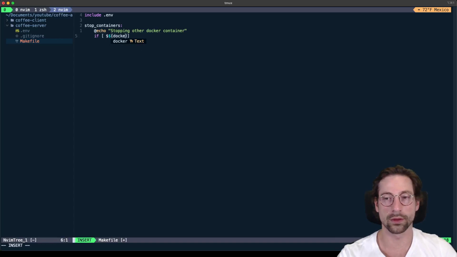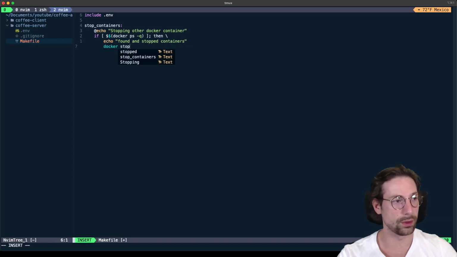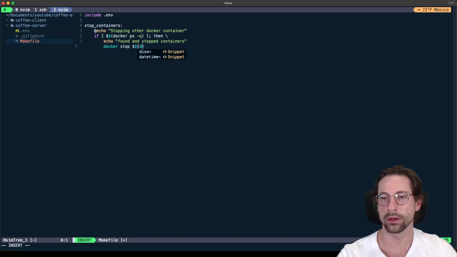So we're going to be doing the following. We're going to be listing any Docker container. And if we do happen to see any Docker container running, then we're going to be stopping that Docker container. So we're going to echo "found and stopped containers". And here we'll be doing the stopping. So stop Docker PS,